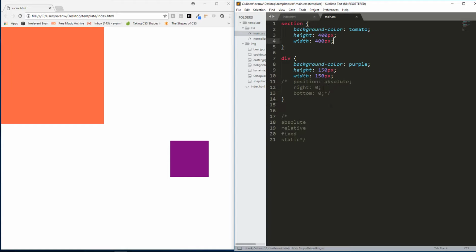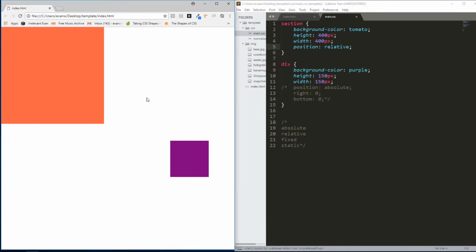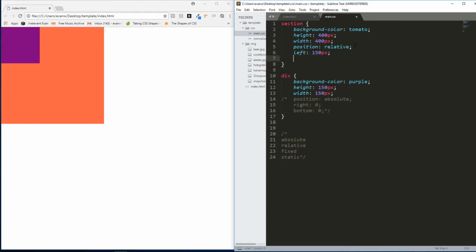Position relative allows you to move an element relative to its static position. On its own, position relative isn't going to move anything. I applied it to the section, the big tomato colored one. Position relative on its own does not move anything, but I can add to it something like left, 150 pixels, top, 50 pixels,